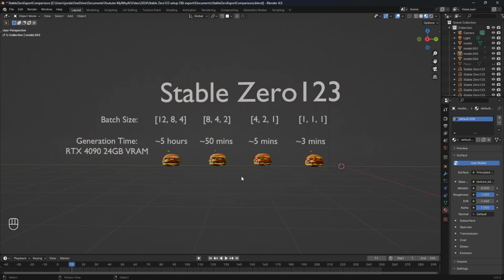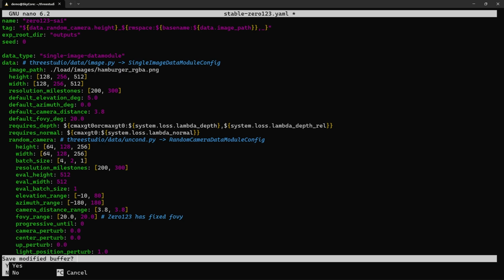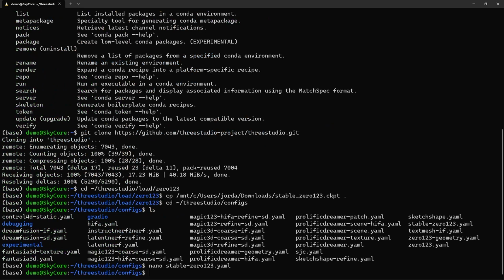All right, let's go back to our command window. Now that you saw the comparison chart, we are going to change it to 421. Then we're going to press Control X to exit, and we're going to say yes to modified, then enter, and there you go. Great, so now that we're done with that, let's go back to